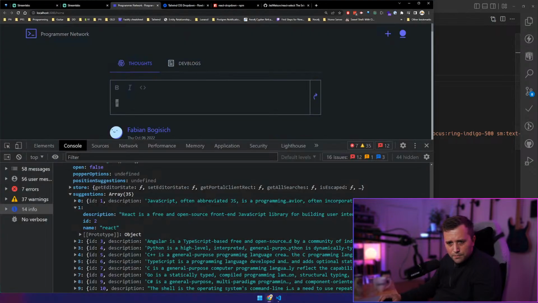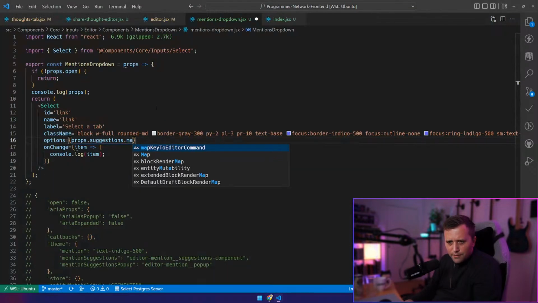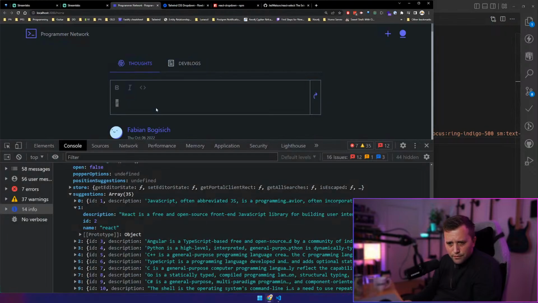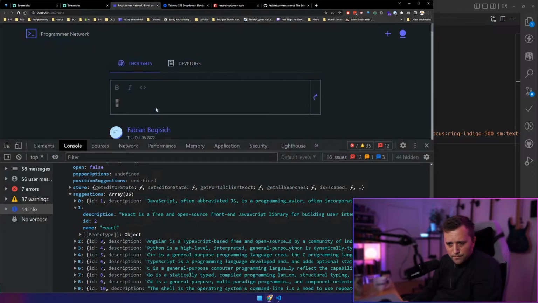So those should be the options. So essentially here we should be saying props.suggestions.map